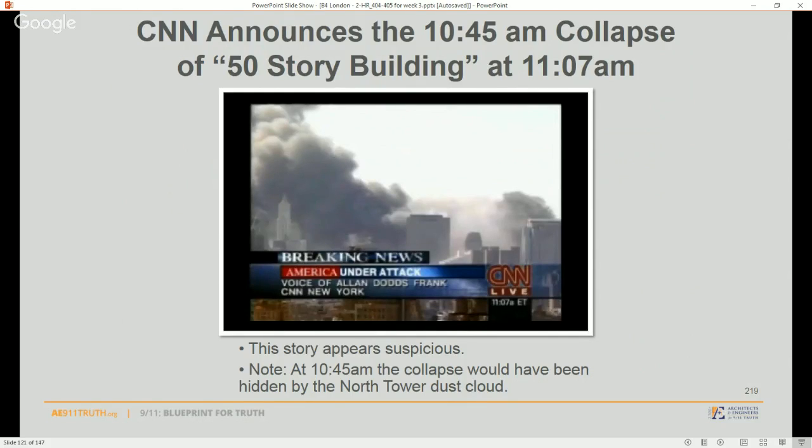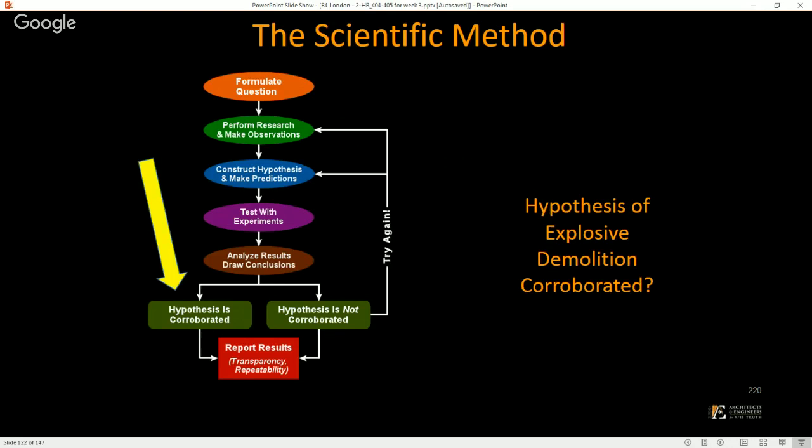Well, there's no evidence for structural damage that could bring this building down. And even NIST says it wasn't the structural damage that brought it down. It was fires. So that's speculation. But what's not is the rest of this evidence, which we believe suggests the hypothesis is corroborated of